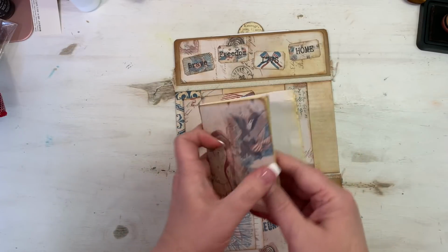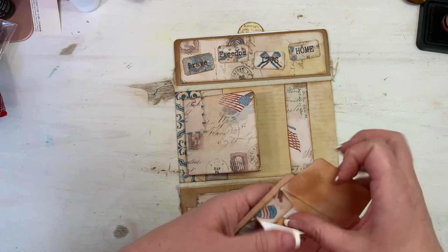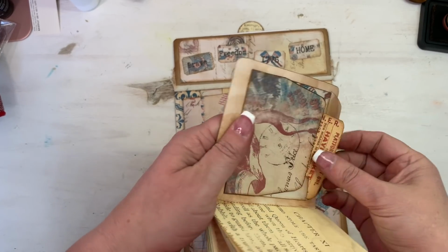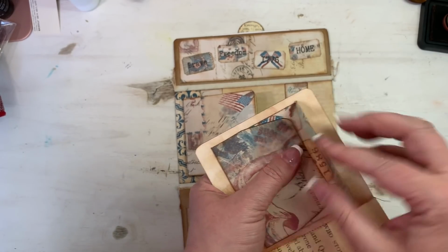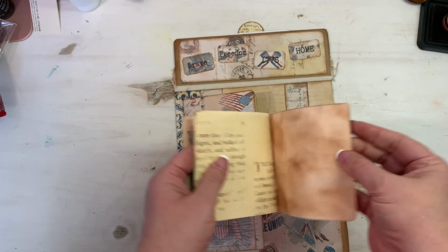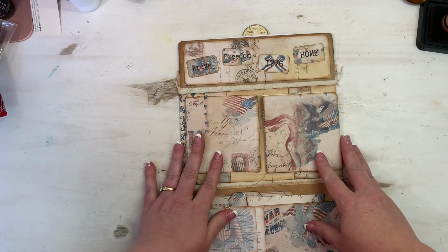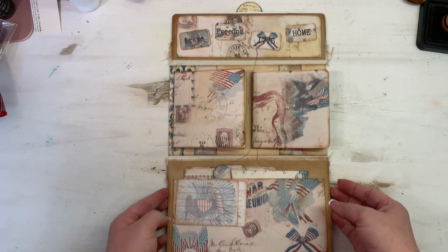And then our other signature, it's got another envelope in there, and I need to ink on down in there and glue some more right there. Got another ticket down in there. I'm gonna stick it that way so maybe I can get it out better after a while. And there's that signature, and it's just dirtied up on the back too because I didn't like the stark whiteness of it. So there's our signatures in our belly bands, and then our top flap with the tickets,